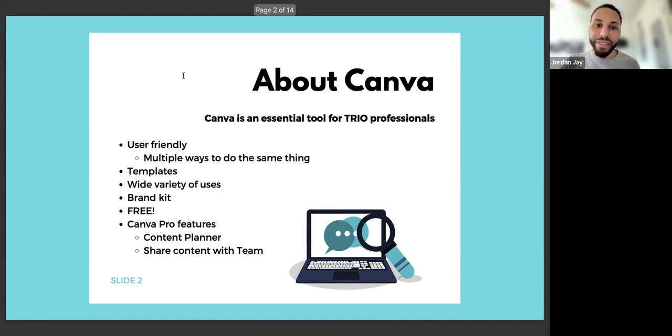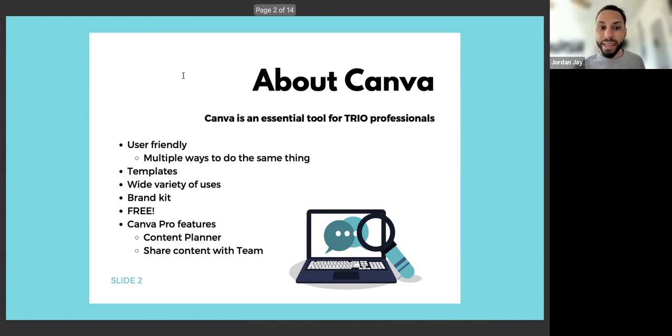Towards the end, I think I'll even showcase the fact book I created for Oregon TRIO Association, as well as our Instagram profile. Both of those things I've used exclusively Canva to create all of the content for. The fact book is an actual physical booklet that we print off and give to legislators. And that is completely different than digital content for Instagram. So it's amazing the wide variety of uses that it is capable of in one place.